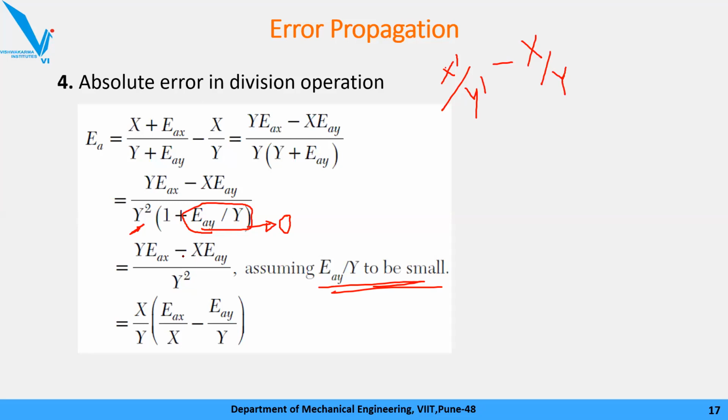Okay, same thing we will do in the numerator. We will take out x into y common. Okay, so we took x into y common. What we will have, this term here in the multiplication divided by y square. Okay, so y get cancelled, so we get x divided by y, almost similar to the term we got in the multiplication. So here in the multiplication it's x into y, and if we are dealing with division it's x divided by y. In multiplication this sign is plus, in division the sign is negative. Okay, so that is it for.